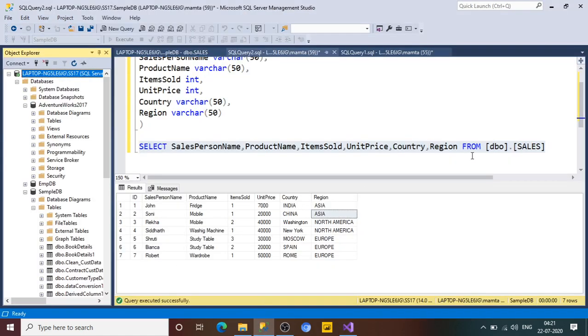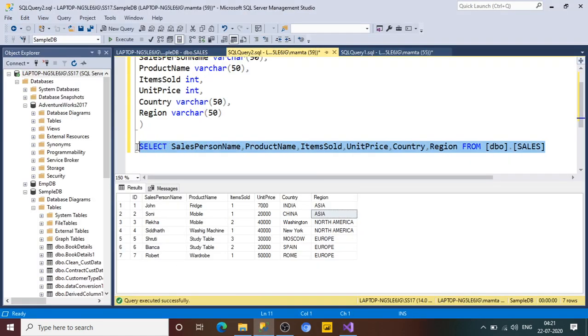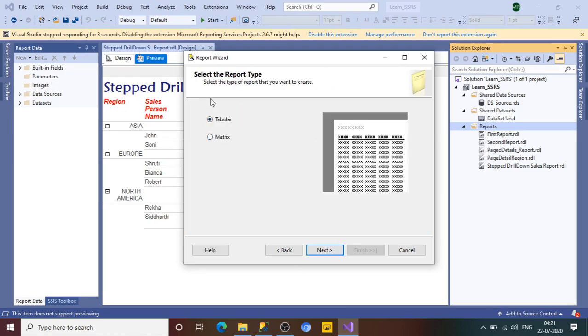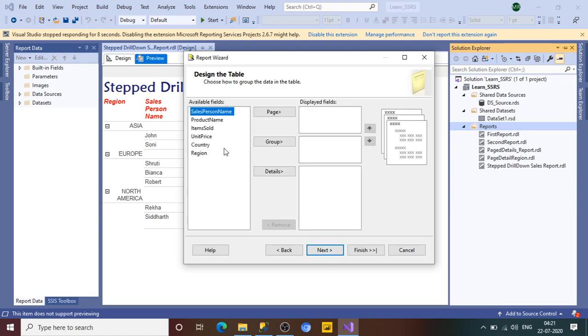Now this is the query that we wanted to display. Okay, this is the sales data. So copy this entire query here, click on OK. So it is asking which type of report we want. We want the tabular report. Click on OK. Now it is asking which type of design of the table. So we want the reason, okay, to be in the group section.